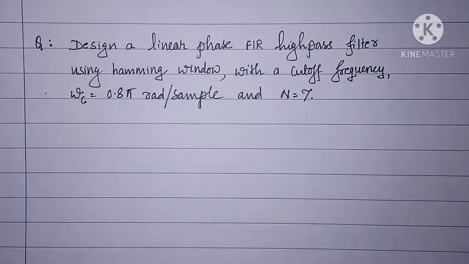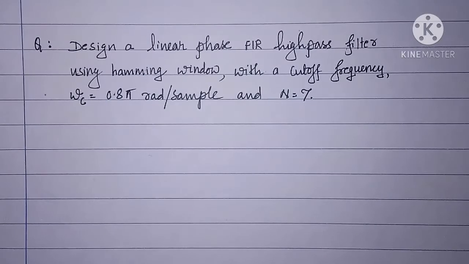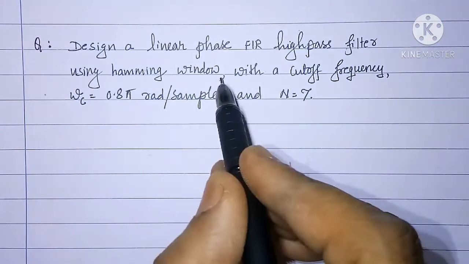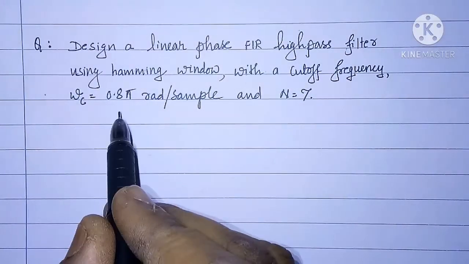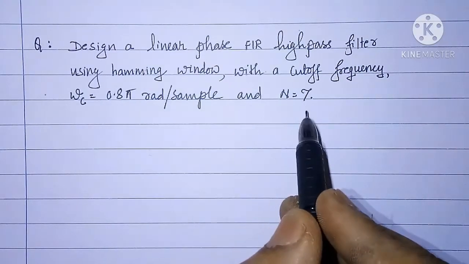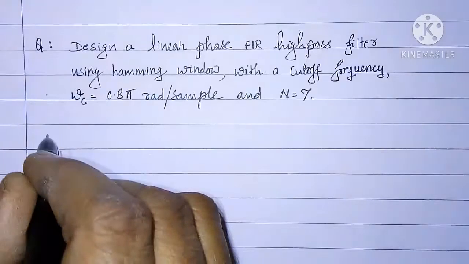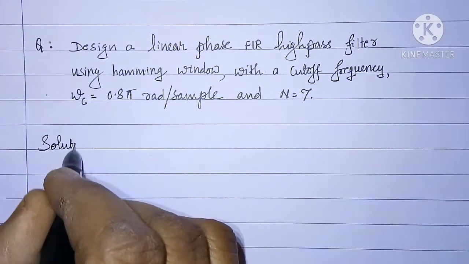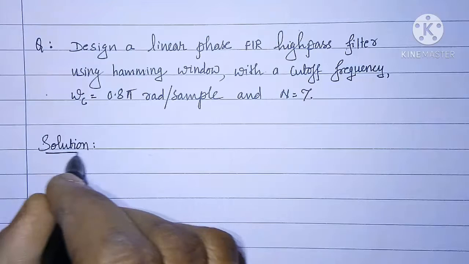Dear students, in last class we designed a linear phase FIR low pass filter using rectangular window. Today I will take up a problem on designing a linear phase FIR high pass filter using Hamming window with a cutoff frequency omega c equal to 0.8 pi radians per sample and N equal to 7. Solution: